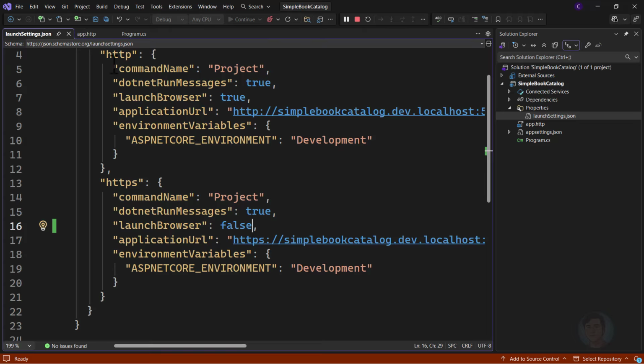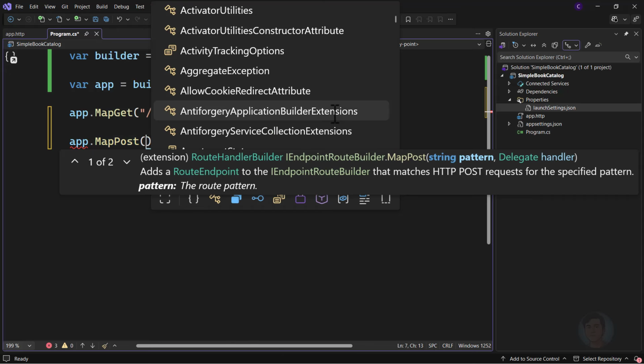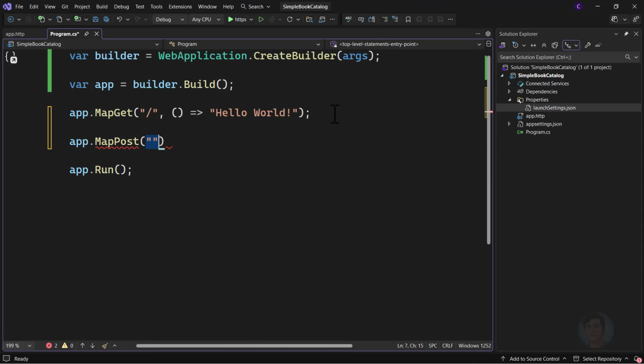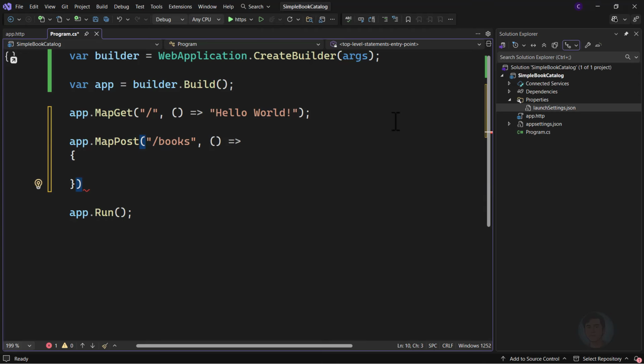Going back to the Program.cs file, to handle a post request, we need to use the MapPost method. So app.MapPost. Since the post request is being sent to the /books URL path, we provide the same. And then if our endpoint got selected, we need to provide the block of code to execute. So use a lambda expression. For the expression body, let's use a statement lambda. So provide curly braces. Now in our endpoint, we need to retrieve the title and price data that is formatted